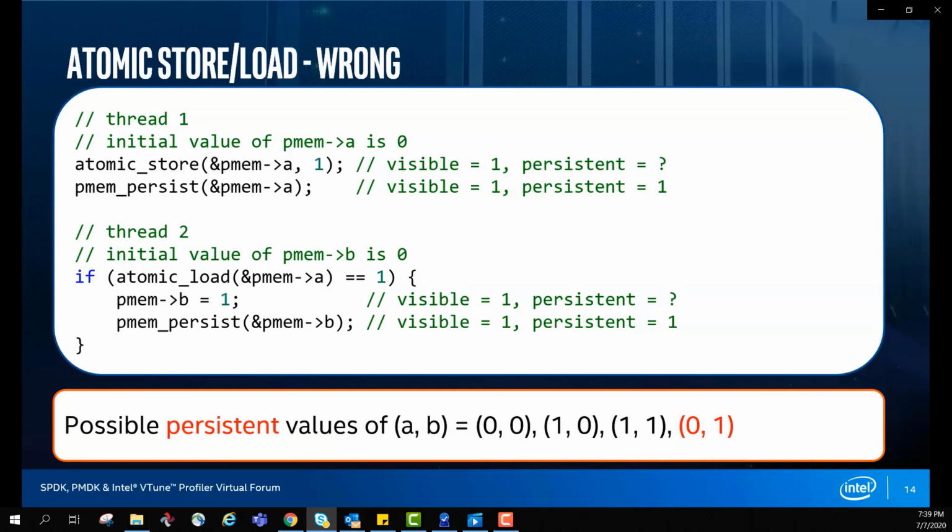This last combination is not something you would expect in a normal volatile program. However, in a persistent application, this is actually a valid combination in this code in case of a power failure. And this is because we once again took action on a visible state and not a persistent one. So actually, there are some ways that you can fix this code to get rid of this unwanted combination. And by the way, your application might be fine with this